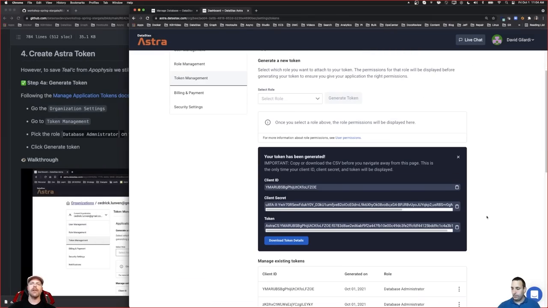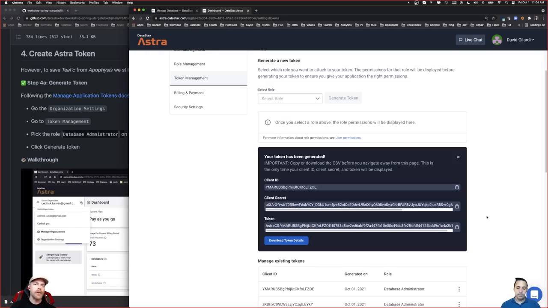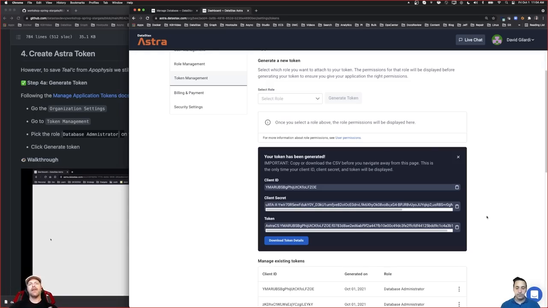of your credentials. Now, something to point out here. For security reasons, if you then navigate away from this page, you will not get these again. You'll have to generate a new token. Now, the cool thing is you can generate as many tokens as you want. That's fine, right? But I suggest for now, and this is a reason why I opened another tab, just leave